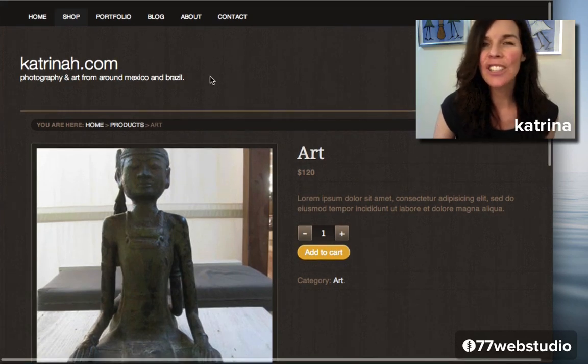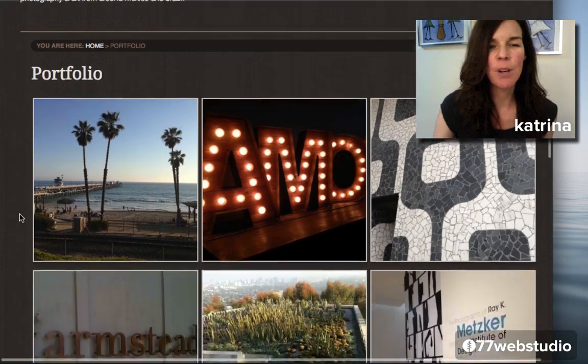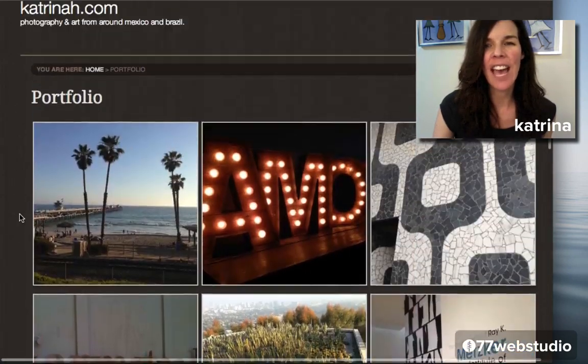Now let's take a look at some portfolio items, because once again this is a great theme for anyone who's a photographer, artist, an interior designer, an architect, or anyone who has images that you want to share with the world. So here I'm going to click on the portfolio, and here we see there's a number of very large thumbnail images on the image gallery.